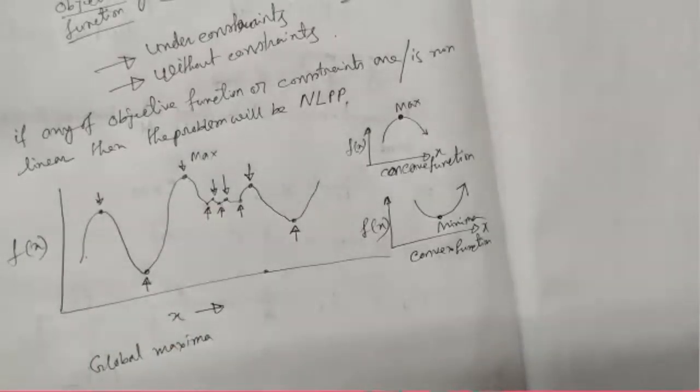Extreme points comprise the maximum points and the minimum points. These maximum points are called maximas and the minimum points are called minimas. Okay, now these